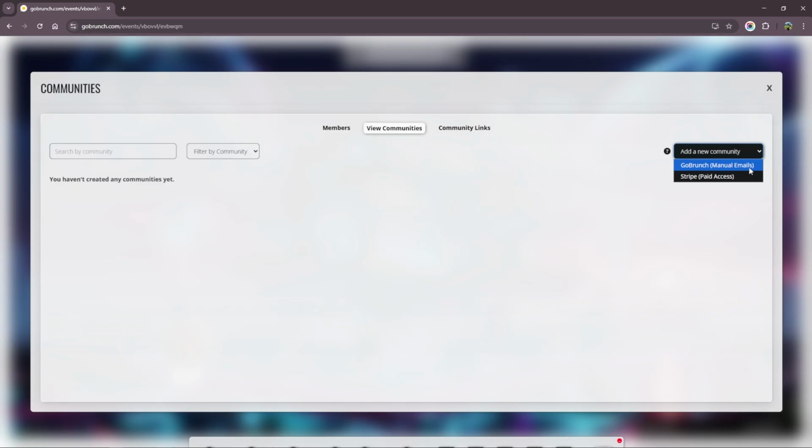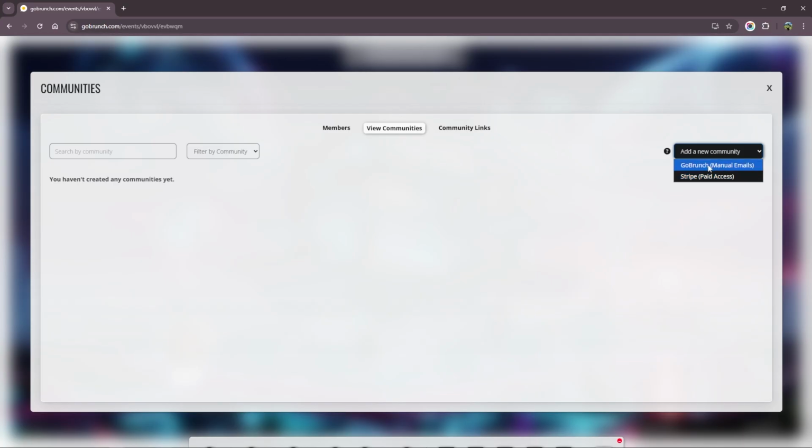In this case, maybe you're collecting payments outside Governge, for example with PayPal or any platform where you can collect payments. Like this, the best way to create a community is using the Governge option, where you need to place all the emails manually. Or maybe you want to create a free community, you can do it with the Governge option too. But if you're collecting payments with Stripe, then we can create a community using the Stripe option. And like I said, for the first community, we're going to use the Governge one.